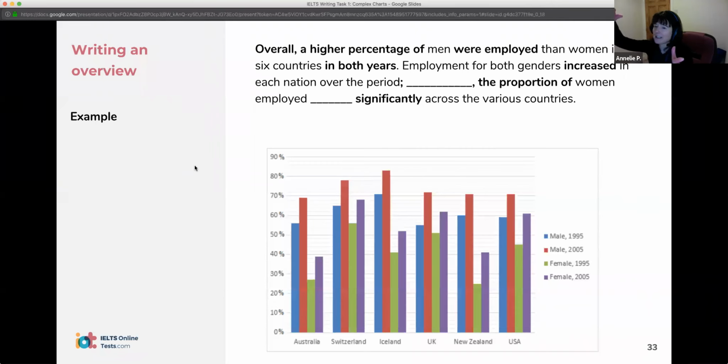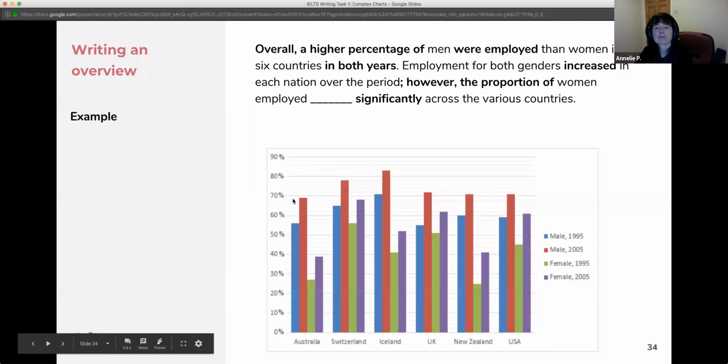So we've got an increase, but then we've got a bit of a fluctuation. Okay, very good. Altinai and Olga are already there. So however, okay, the proportion of women employed